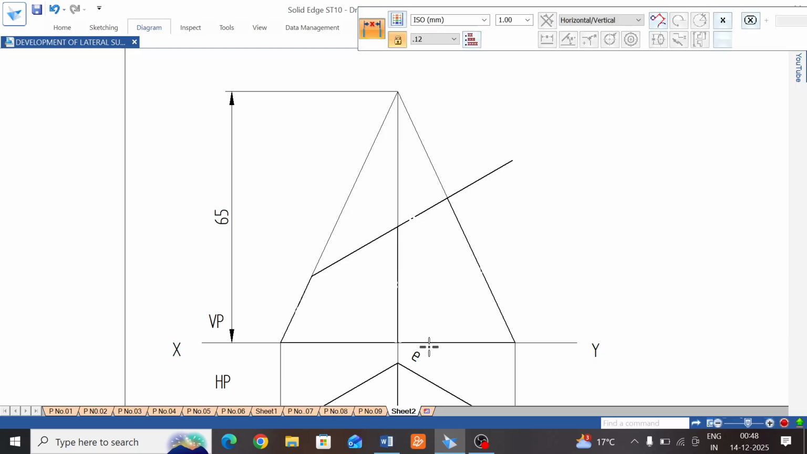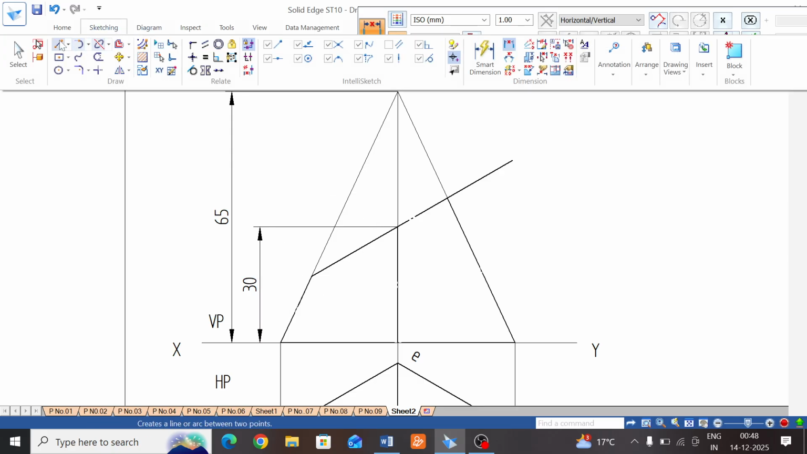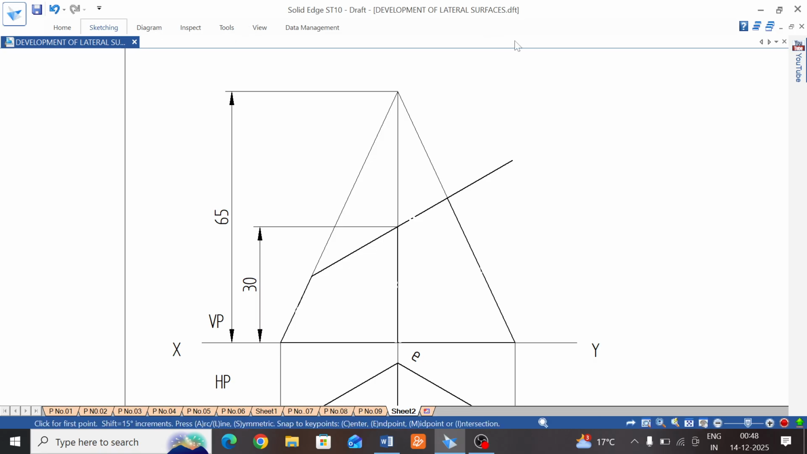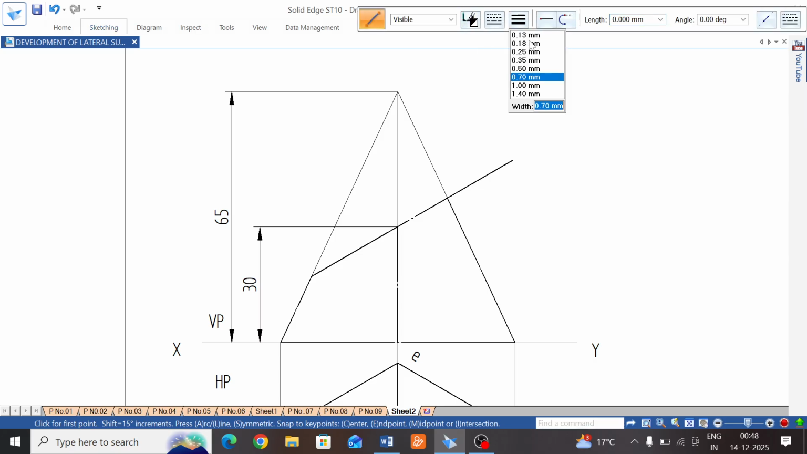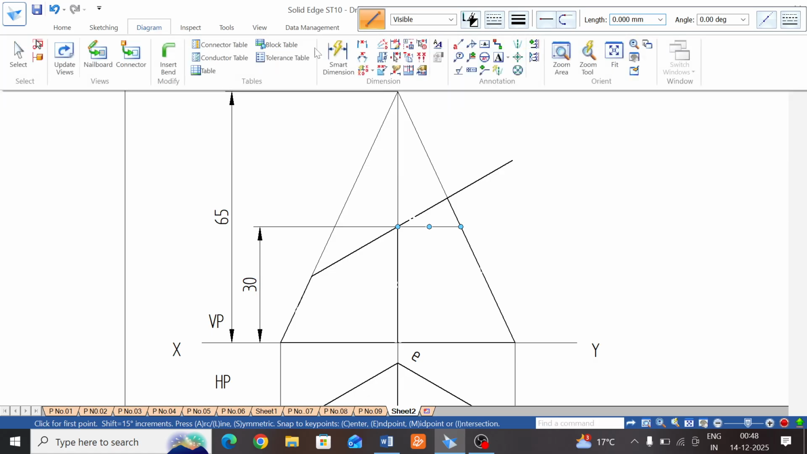From this point, from this height, it will show 30. Next, draw 30. Select the line command, thin line, and show the angle of 30 degrees. Okay, thin line. From this point you show a horizontal line. Now show the angle between